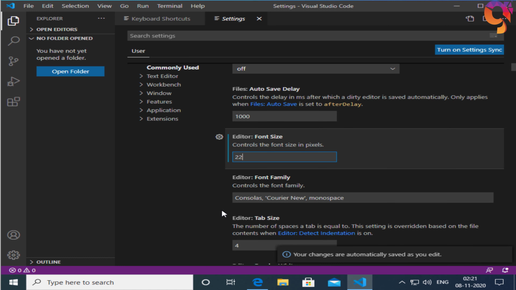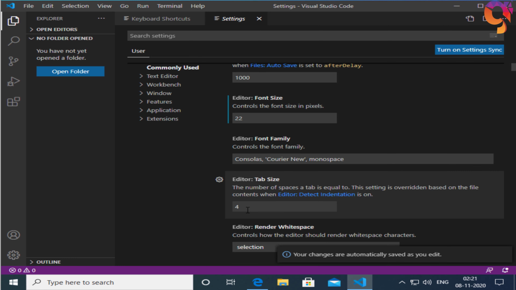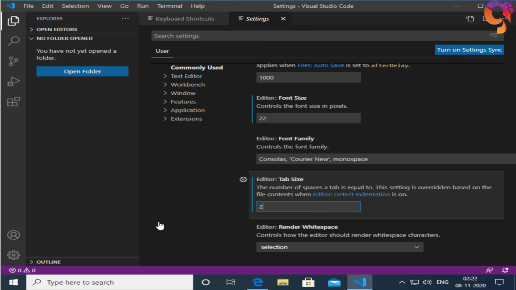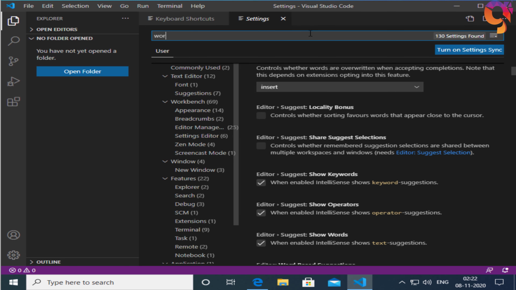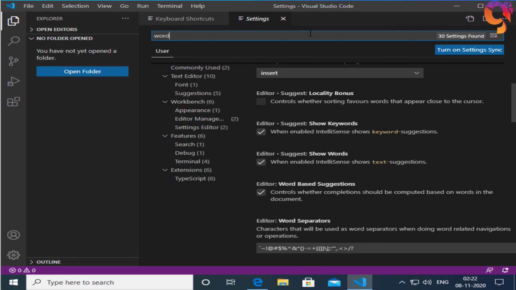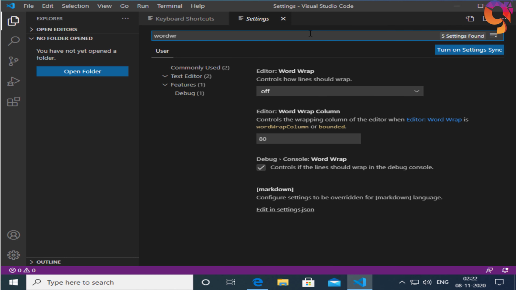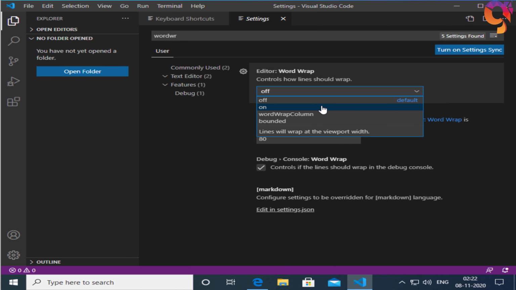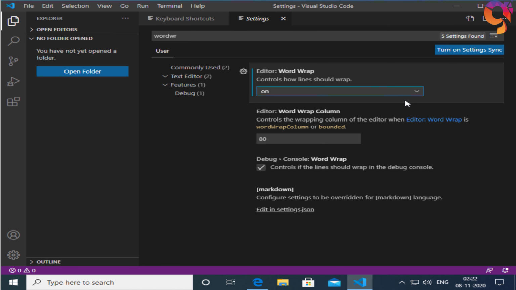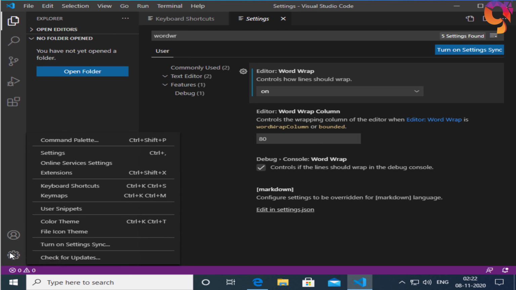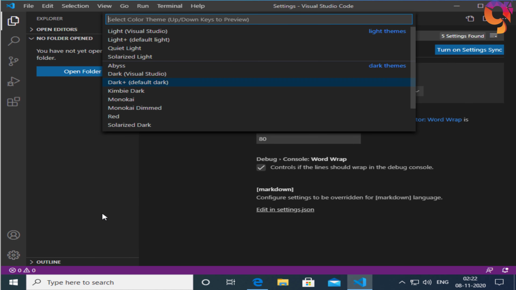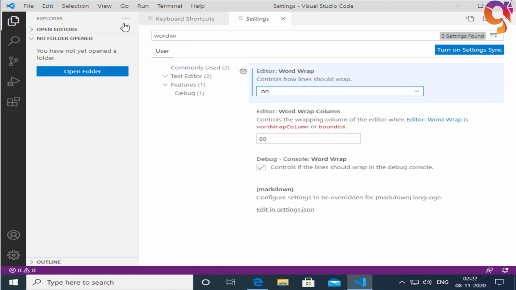Just increase the font size to 22 as it will help you to read more, and it will also help me to make it more understandable. And also put 2, like 4 is very good, but use 2 so that you have 2 screens for the coding, so that not all your code goes to the right and becomes invisible. And also check out this, it will help you to do the same.